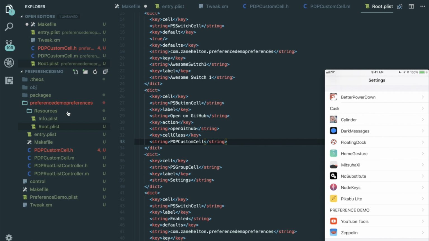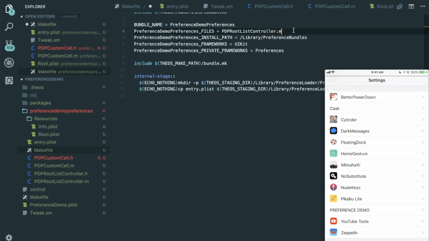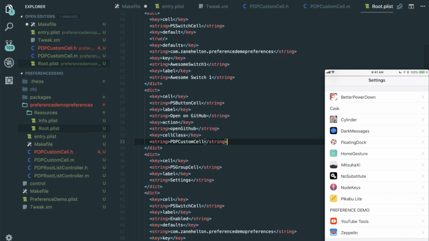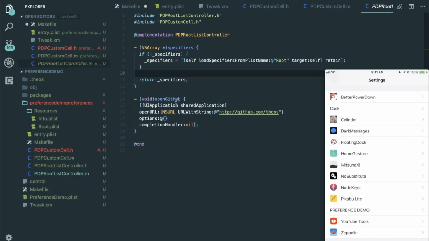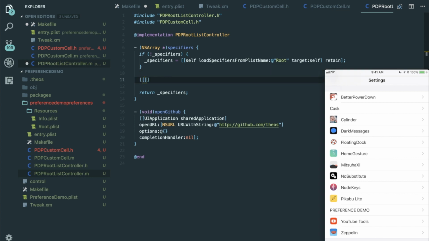All right, great. A few more things we need to do. Inside of the makefile, we need to include the PDP custom cell.m. And then we need to open the PDP root list controller.m. So there's a method here called specifiers, and after the if statement, but before the return statement, is where our styling will go. So we're going to do something that looks really weird if you've never written it before, but PDP custom cell, and then this crazy long method name,